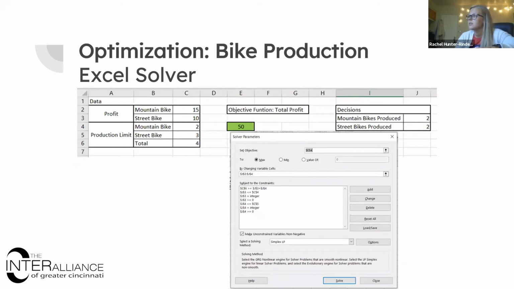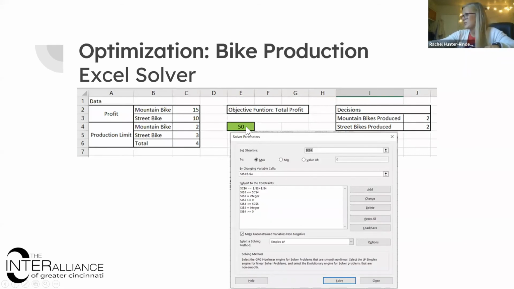Here's one example which you guys can totally mess around with. Excel Solver is a free add-in on Microsoft Excel. If you've never used it, I definitely recommend playing around with it. But here I have it set up. This is my data. So I know that it's $15 and $10 profit each. These are my constraints. I can make 2, 3, and 4 total. These cells right here were left blank for the optimizer to the side. And then this was also,